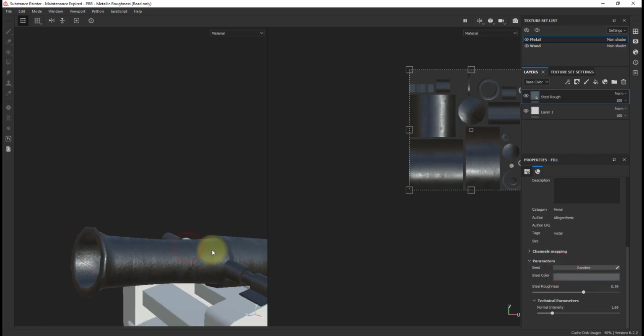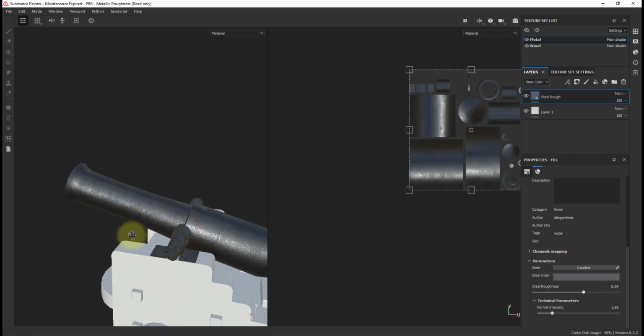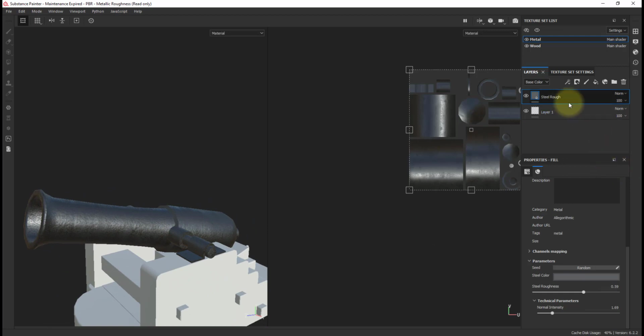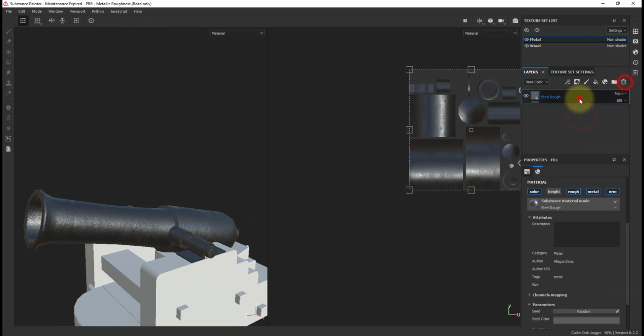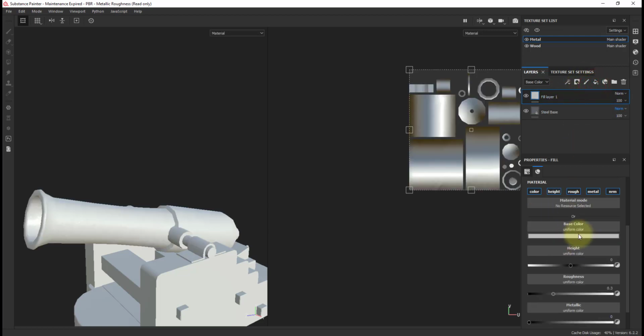Okay, so now that I have that done, what I might do is come in here. That'd be my base layer. I'm just going to call this steel base. And then let's add a fill layer here. In this case, maybe some of the paint is kind of peeling off, so I'm going to go ahead and add,